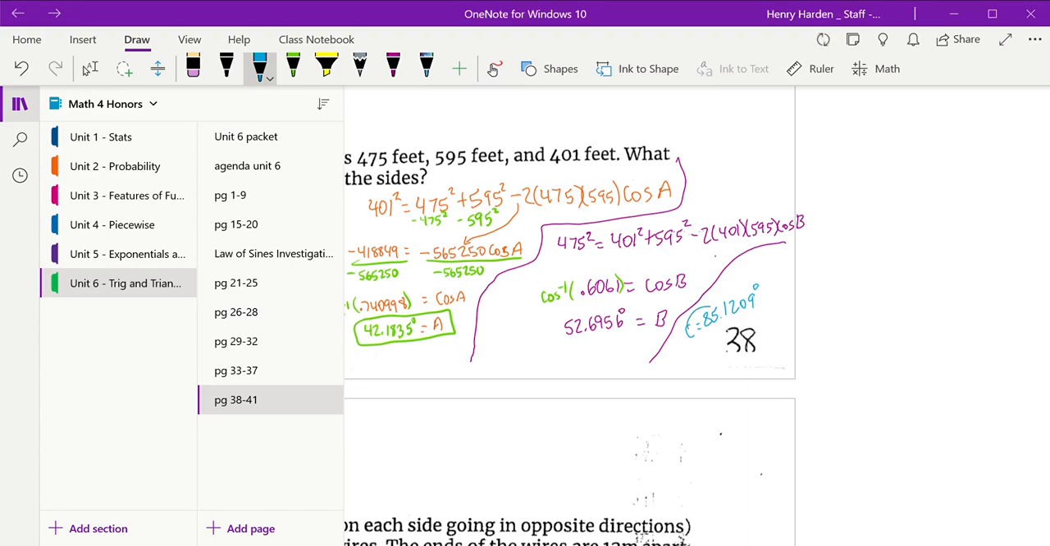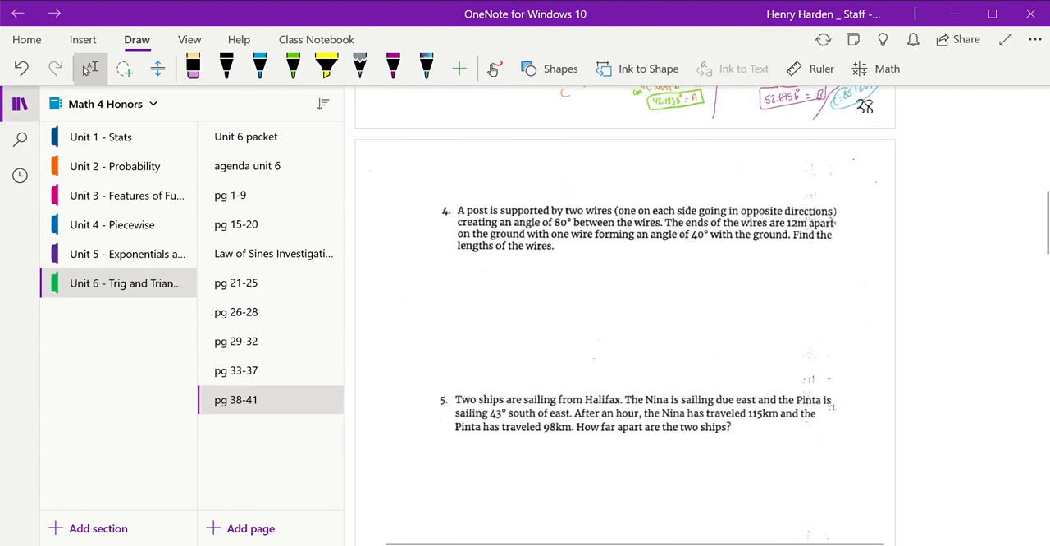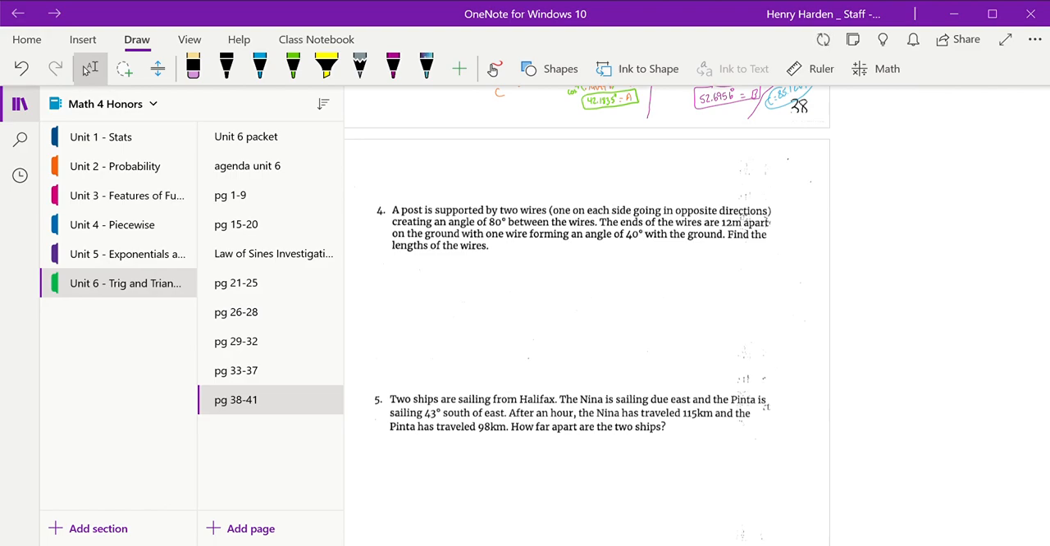All right, so we got all of our angles now. Okay, so we're good to go. Yeah, so that's using the law of cosines. Okay, now the other one I want to go over, looking at my notes here, is number 4. Okay. Let me see if